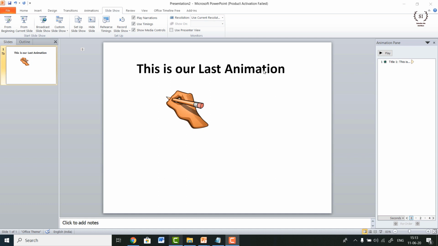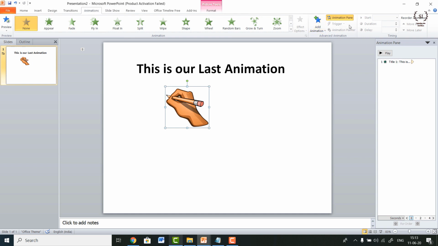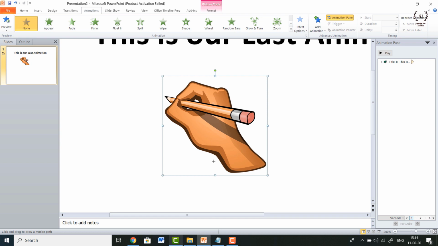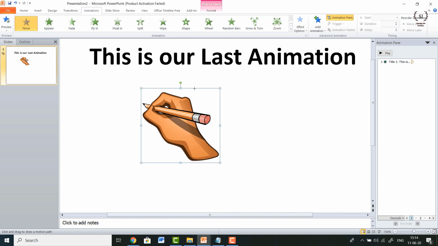For the animation to look realistic, we would want this hand to move along with every character, something like this. So we can click on this image, go to the animations tab and search for an option called custom path. With custom paths, we can add our own path to the object, which the object will follow during the animation. Now let me zoom in to show you in a better fashion. This is our canvas and I want to add a custom path to this animation.